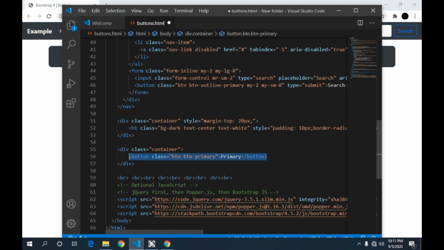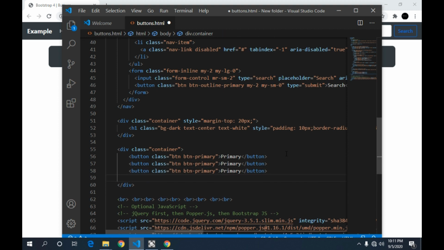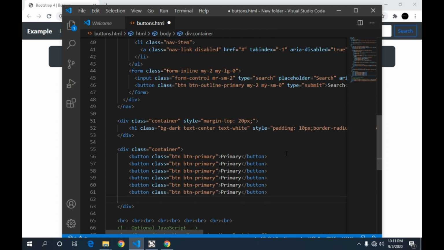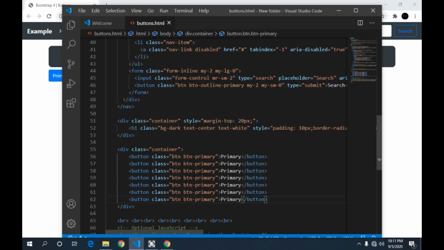Copy the whole button tag, and paste as much as you can. Pasting, and the last one. Okay, so save it and preview it on your browser. You're gonna get a lot of blue buttons. These are the primary buttons. So to change the color of these buttons, all you're gonna have to do is just delete this primary and